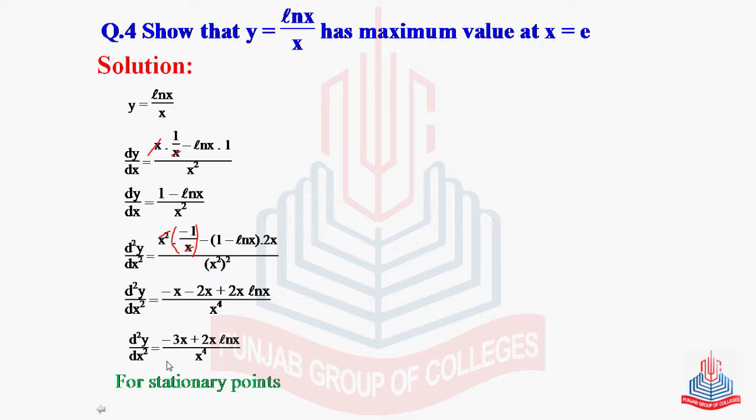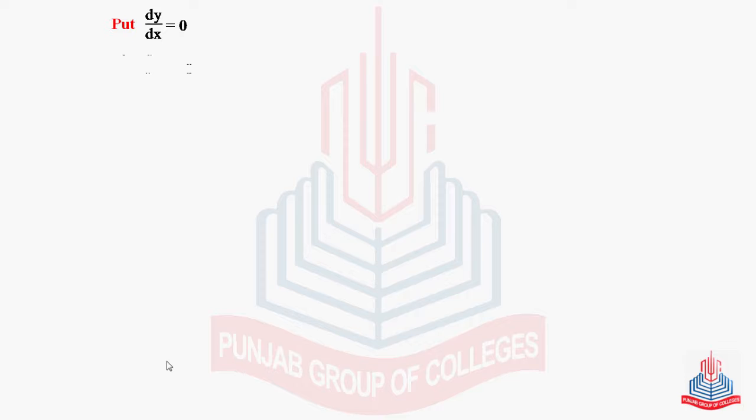So for stationary points, put first derivative equal to 0, and from this equation we will get the value of x. 1 minus log x divided by x square is equal to 0, and this implies numerator is equal to 0. 1 minus log x is equal to 0 and 1 is equal to log of x. This log of x will be as it is, and we can write log of e instead of 1 so that we can compare log and then find the value of x. So x is equal to e,